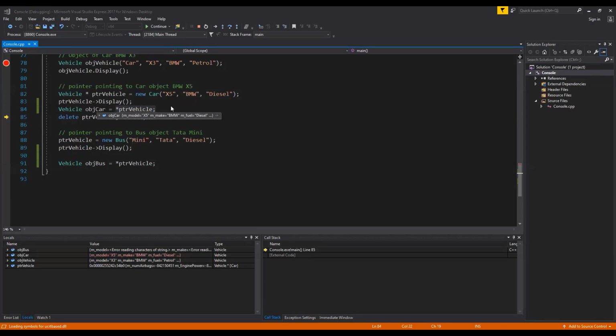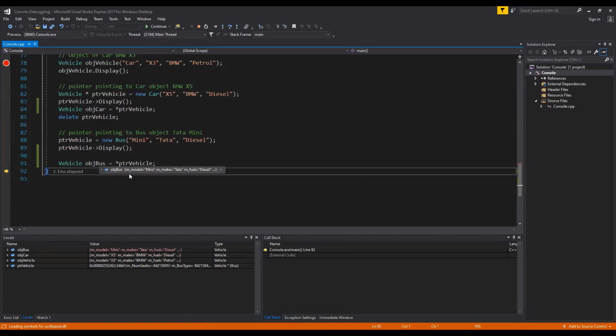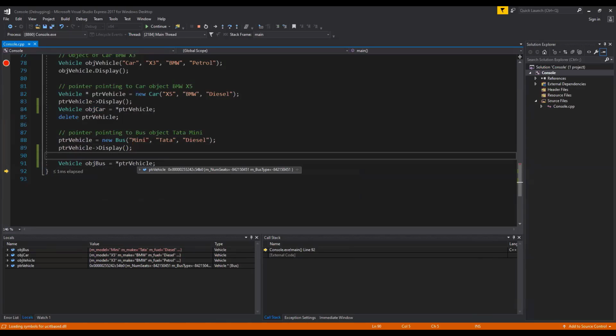What I did here is dereference this pointer to get the object that the pointer is pointing to. Then I'm getting the same object here also. If you see this object bus, it is the same object this pointer is pointing to. This is the way you can dereference.